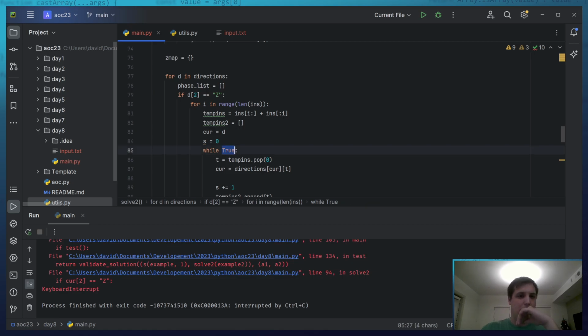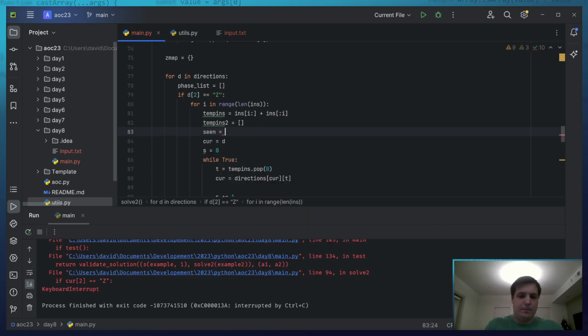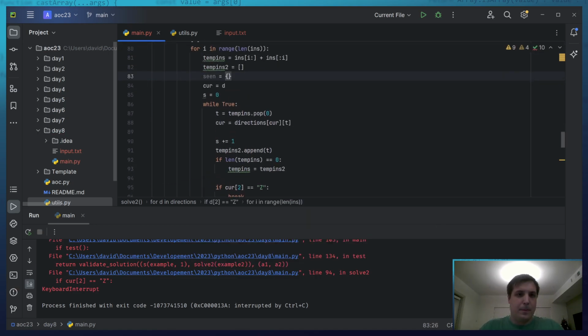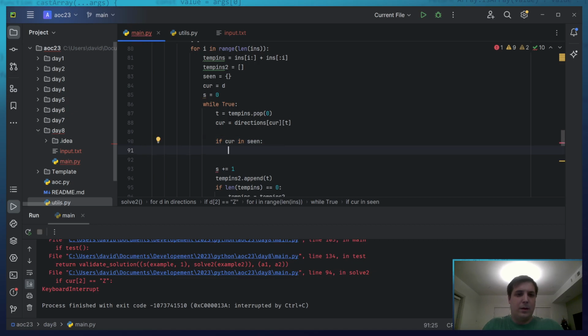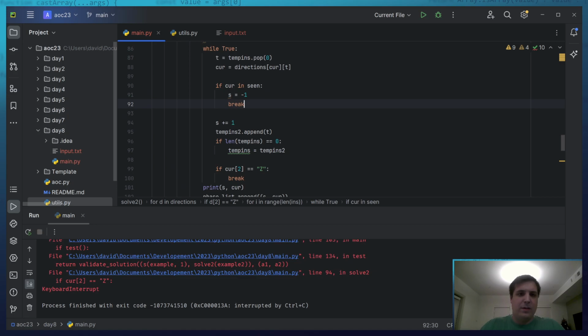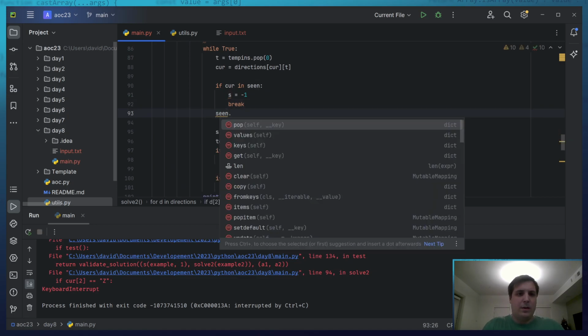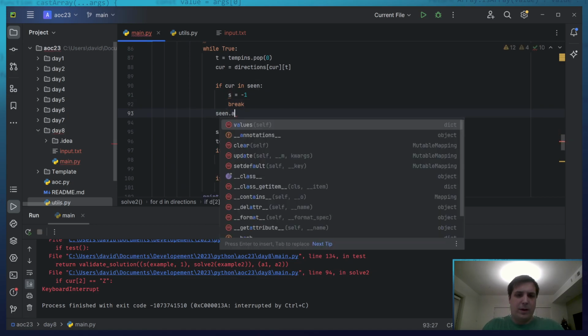So scene. If cur in scene, then s equals -1 and break. And then I'm gonna say scene dot add.